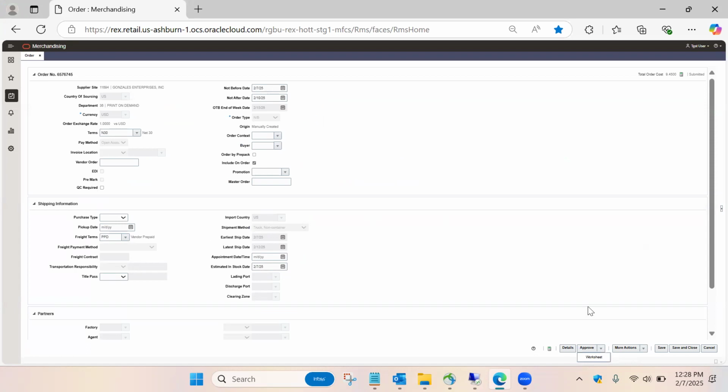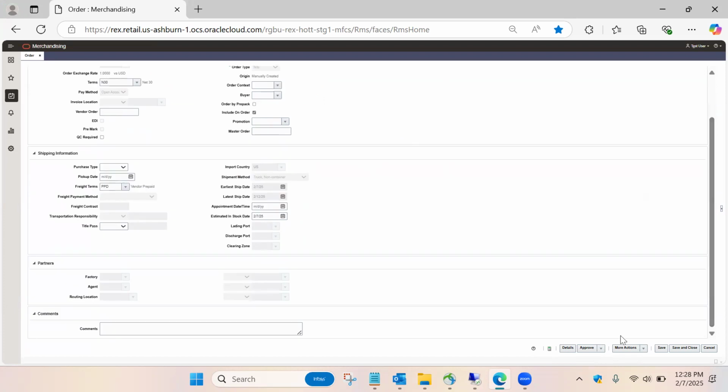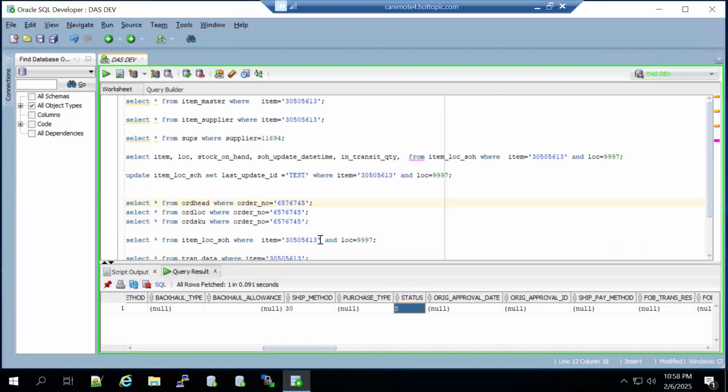If you want to make any changes to this order, you can put it back to worksheet status. Here if you click below, you can put it back to worksheet status. But for now, we will put it as an approved status. So let's see